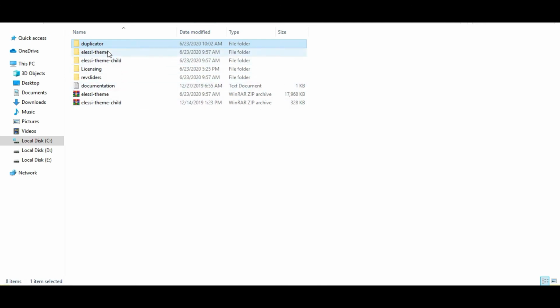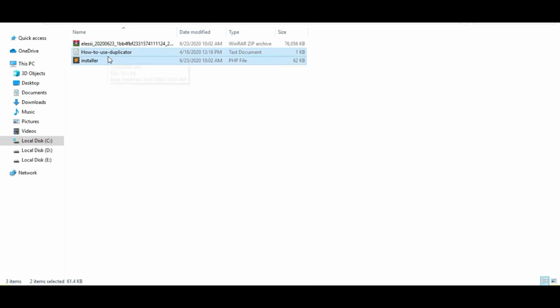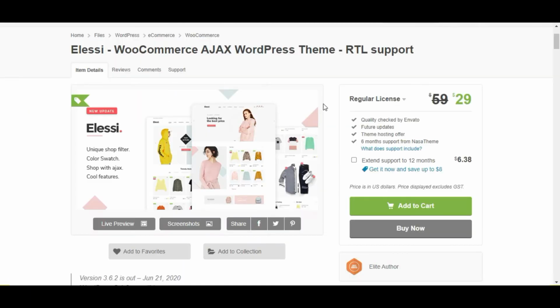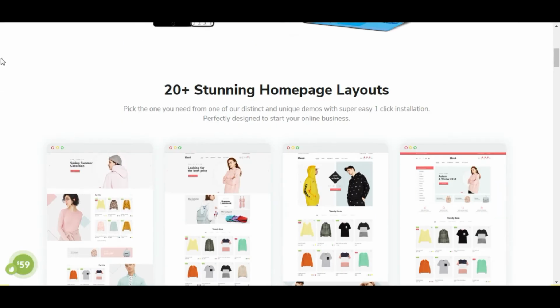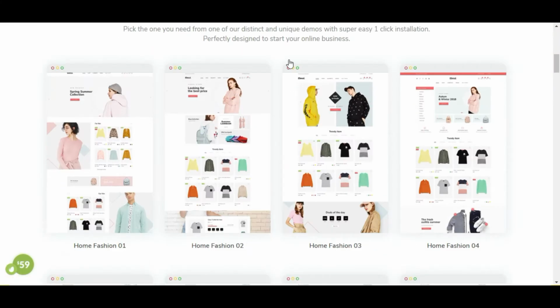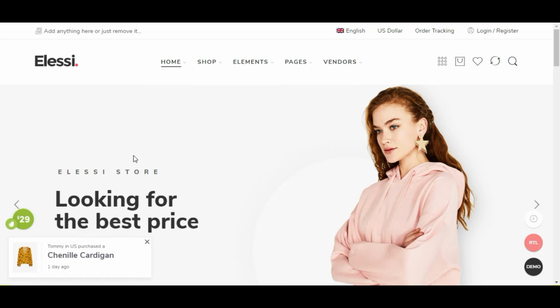So if you just place all these files they have provided, this zip file and the installer, and access your website by following the documentation of the Duplicator plugin, you will easily be able to install everything they have in the demo site. So the site will be exactly copied to your web hosting.